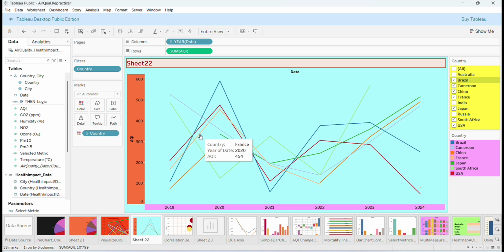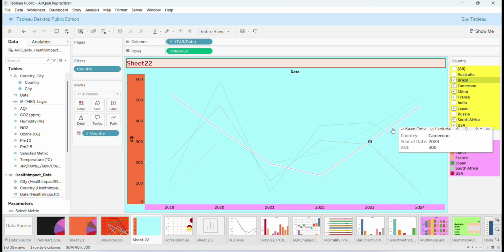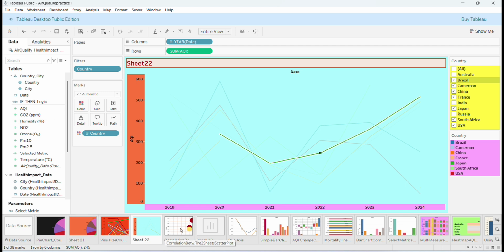and voila. And here, as you can see, each time you hover over a line, it's going to tell you which country it is and also the AQI and the year. Okay, so South Africa 2023. This is so interesting. This is why people love to work with Tableau. Okay, and as I said here, you can choose your country. This is our second sheet right here. And now we want